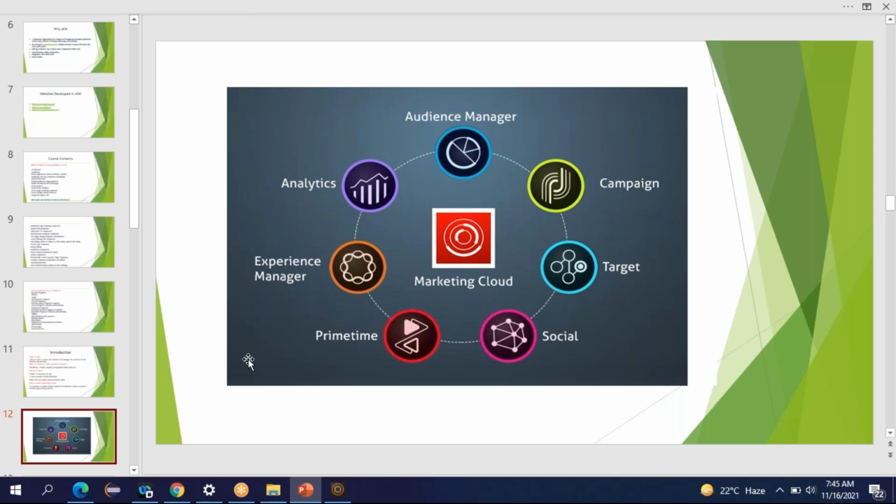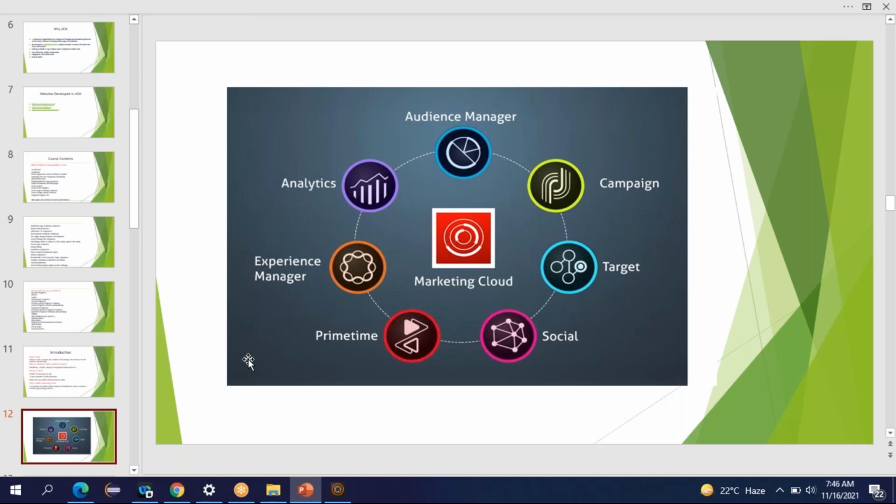That integration will be very time consuming and will cost you a lot. So instead of doing that, if you use Adobe Marketing Cloud, you will get a complete solution. That is the reason Adobe Marketing Cloud is in demand, and AEM is used.